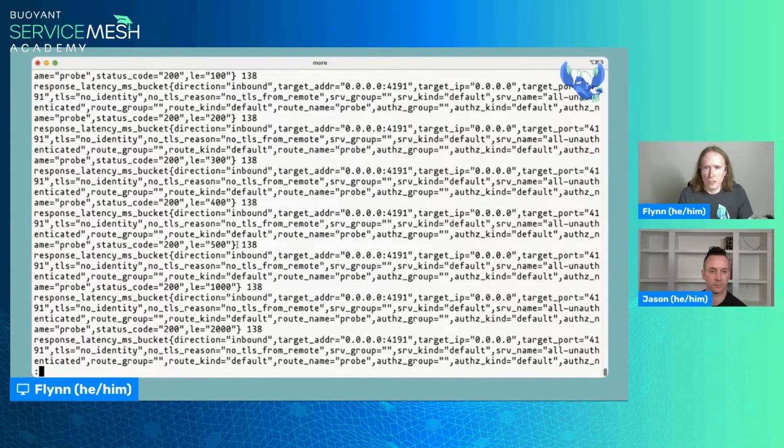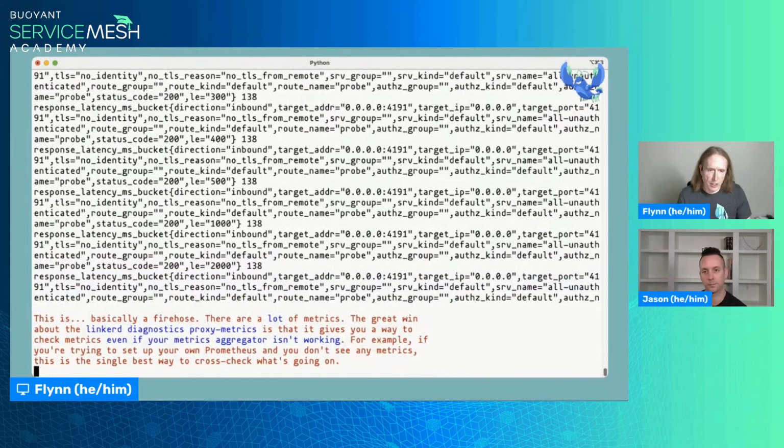But there's an enormous amount of information you can get out of here if you want it. I'm not actually going to page all the way through that fire hose because there is a ridiculous amount of information there. But the huge win here is that you don't need Prometheus or Linkerd Viz or anything else running to be able to access this.